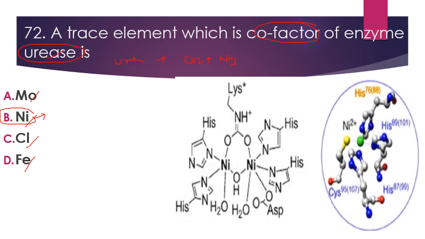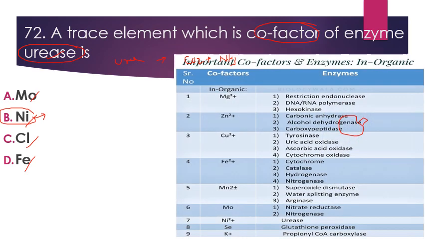So this is the structure of urease enzyme, and this is the cofactor nickel that is important for its normal activity. In addition to this, we have some other enzymes which have various cofactors, like we have this magnesium, this inorganic ion that acts as a cofactor for the activation of enzymes. So it is